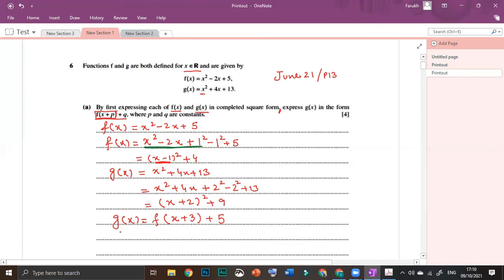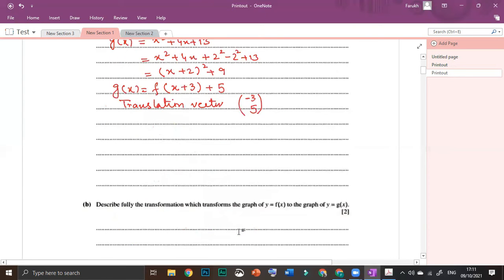So the translation vector is: when there is a subtraction in the x coordinate, in the equation we will write x plus 3. When there is an addition in the x coordinates, we will write down x minus 3 in the equation. So in the equation there is x plus 3. In the translation vector, there will be minus 3 and 5. This one is the answer to part number 1.